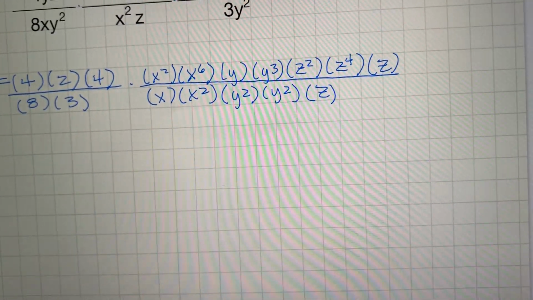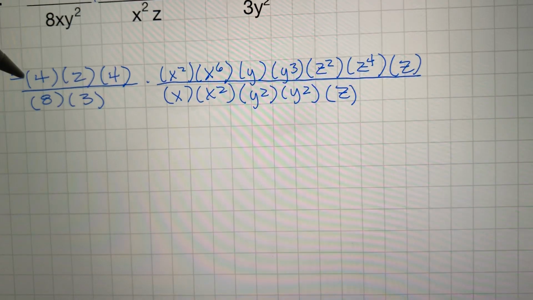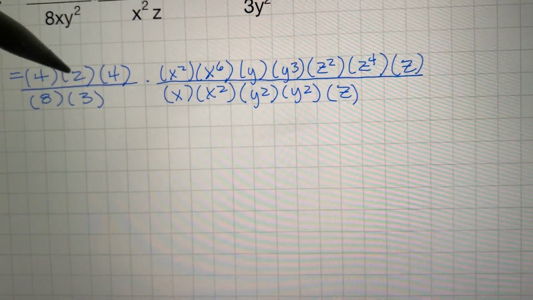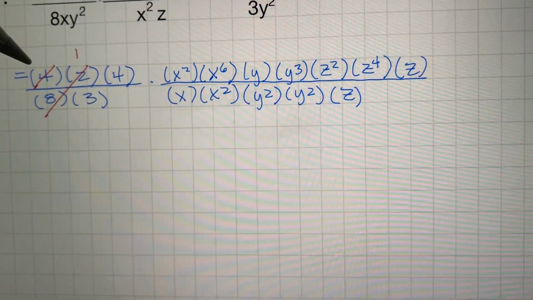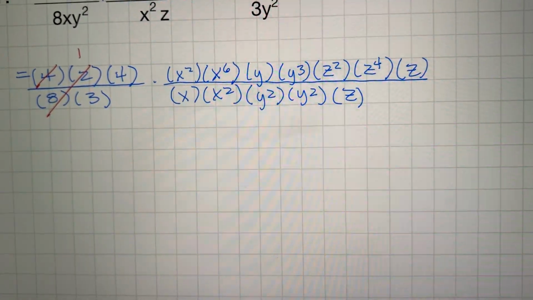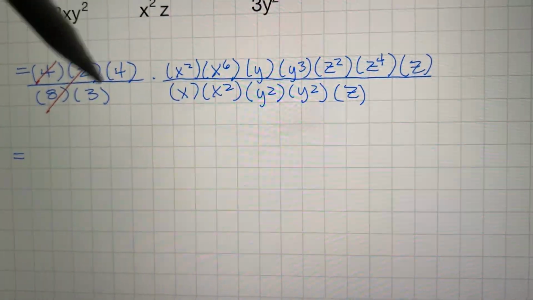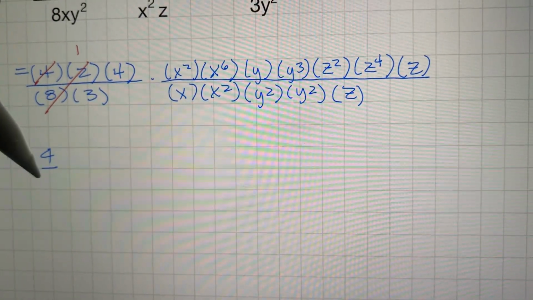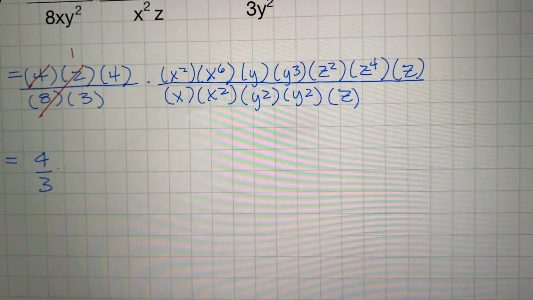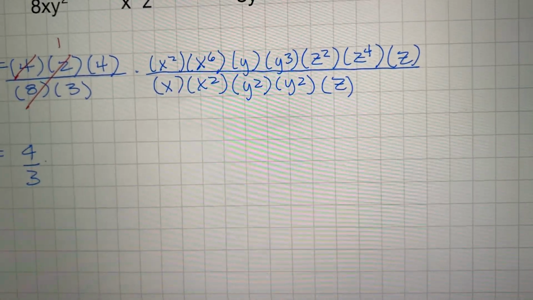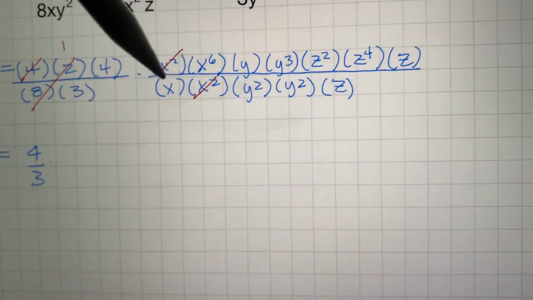So if we start matching numbers, we know that 4 times 2 is 8. So these three basically become 1. So now I can say that I have 4 over 3. Now I'm going to multiply it by, let's see, we have x squared, which cancels out with x squared,